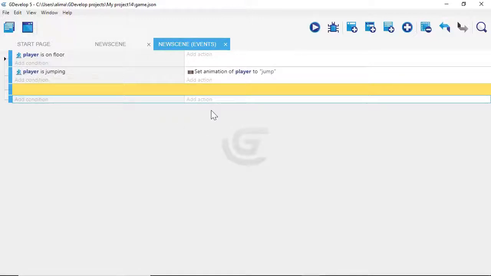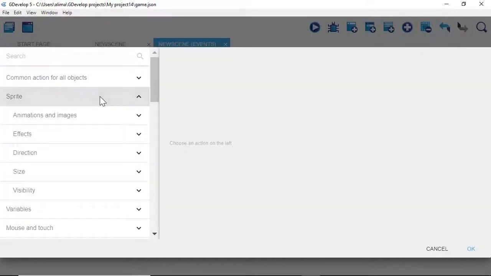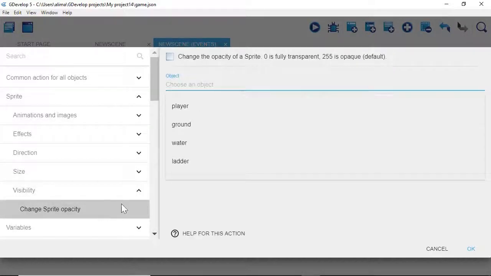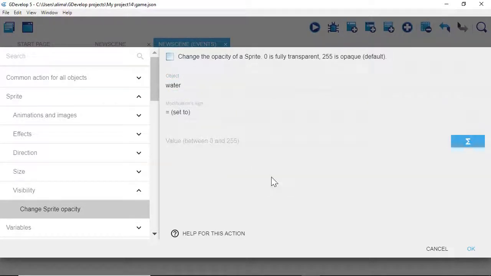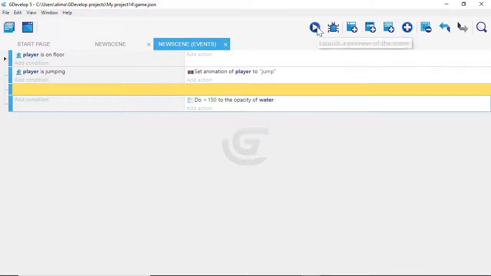What we want to do is set the opacity for the water. So we're going to click Add Action. We're going to go to Sprite, then Visibility, then Change Sprite Opacity. The object that we want to work with is the water. The modification sign is equal. 0 equals not seeing the water at all. 255 means seeing the water totally. So we want to click here and change this to 150. We'll then click OK. Now when we click play,